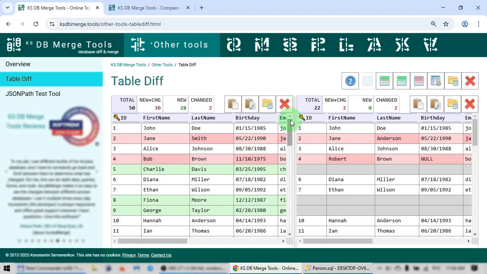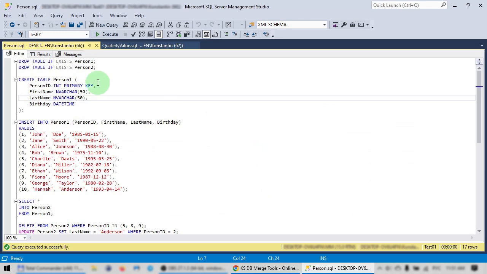Hello. This short video is devoted to our new free tool, Online Table Diff. We're going to make our demo using SQL Server Management Studio, but all this is relevant for many other database management systems and their clients that allow you to copy or export query results, such as DBeaver, pgAdmin, and many others. You can compare results from the same database, from different databases located on different servers, or even hosted by